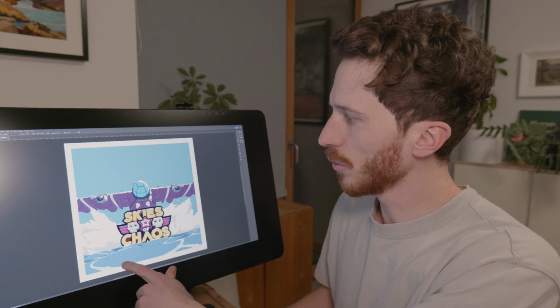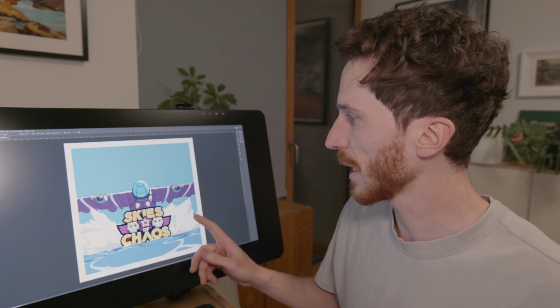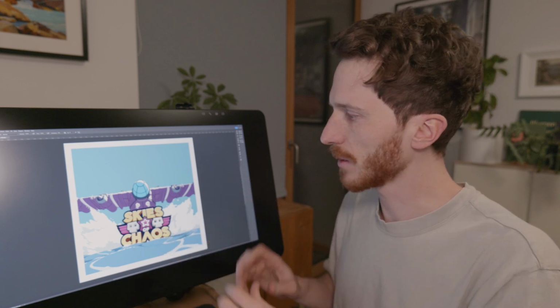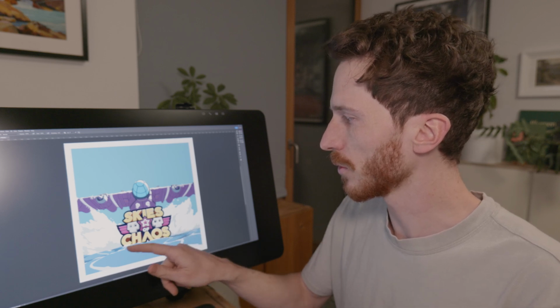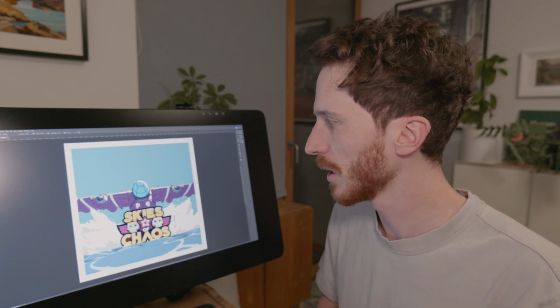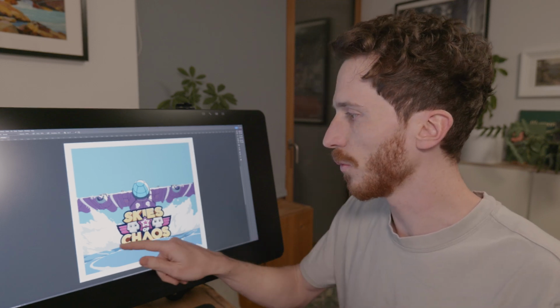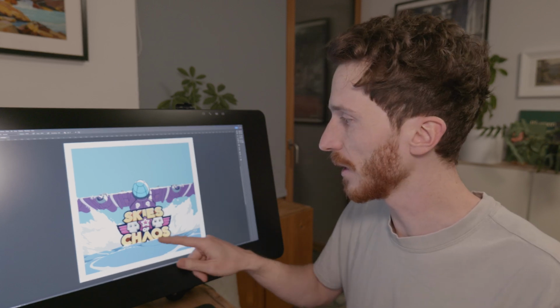So now I got the ocean painted a bit better, and I kept working these splashes as well. I got the logo to sit more integrated into the water with some water splashes going up above it. And I think that looks kind of cool. I like how these lines on the water, the foam that sits on top of it, lead the eye in